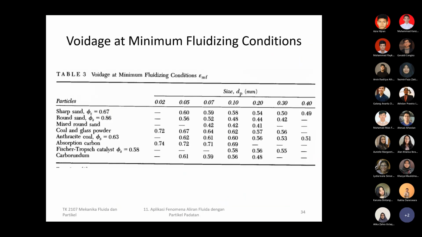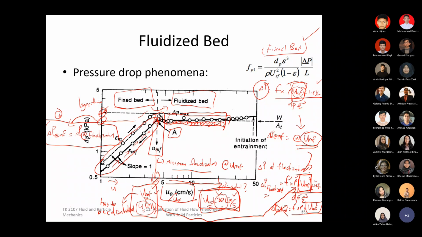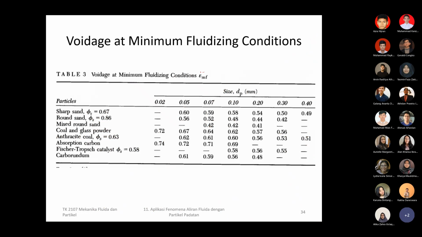Okay, let me continue. Now it's a matter of a common number for this kind of process. What is the void fraction? So we're talking about epsilon. Epsilon is the void fraction, the porosity. So it's important for you to have an awareness of what your porosity should be, depending on the regimes. I think you can Google it, epsilon MF, and then you can imagine a porosity.